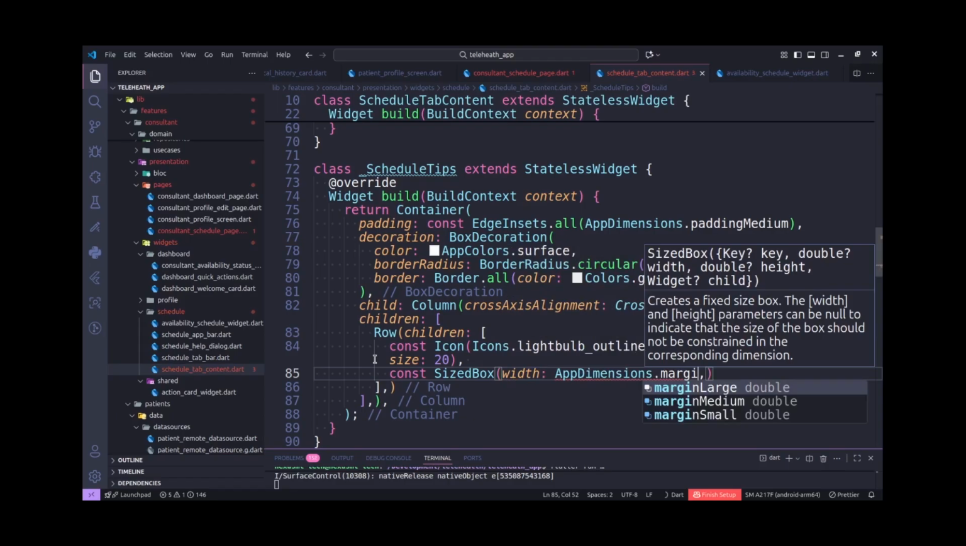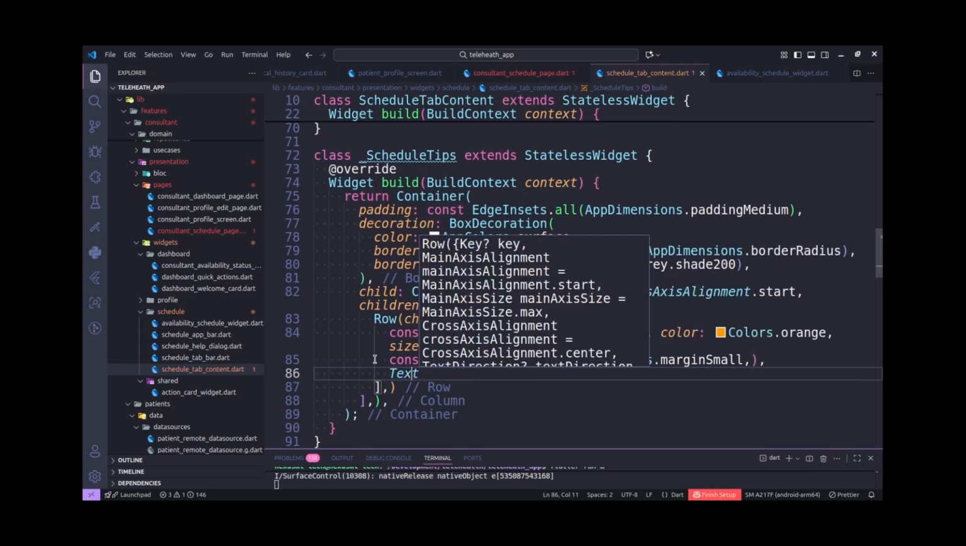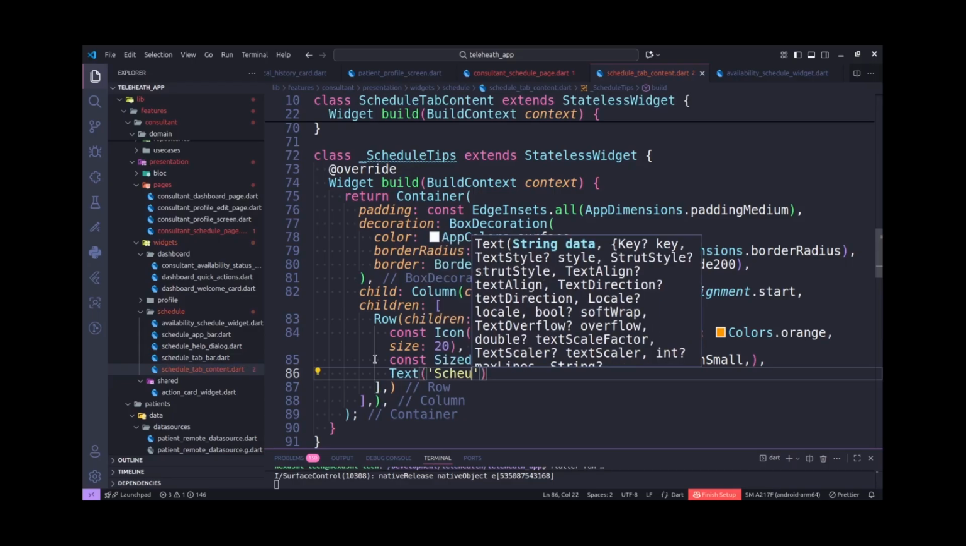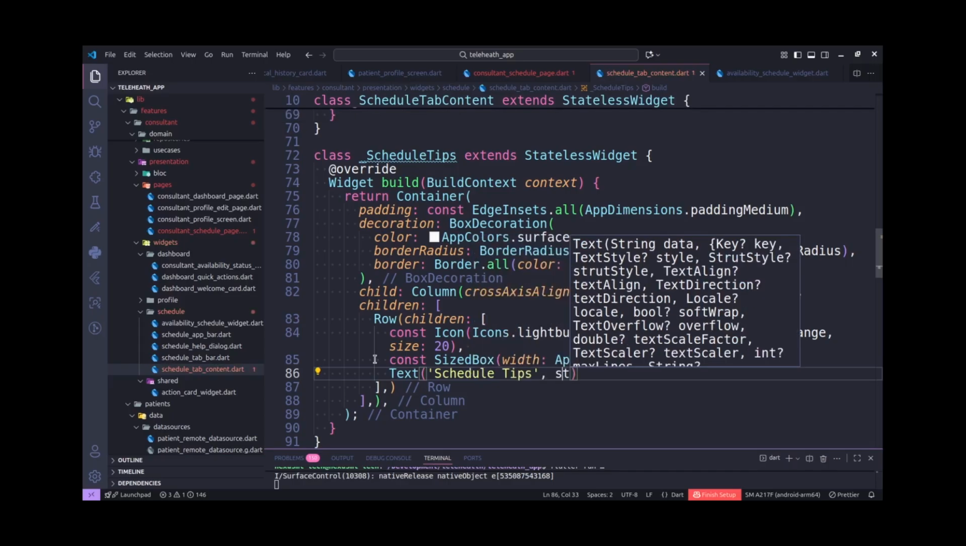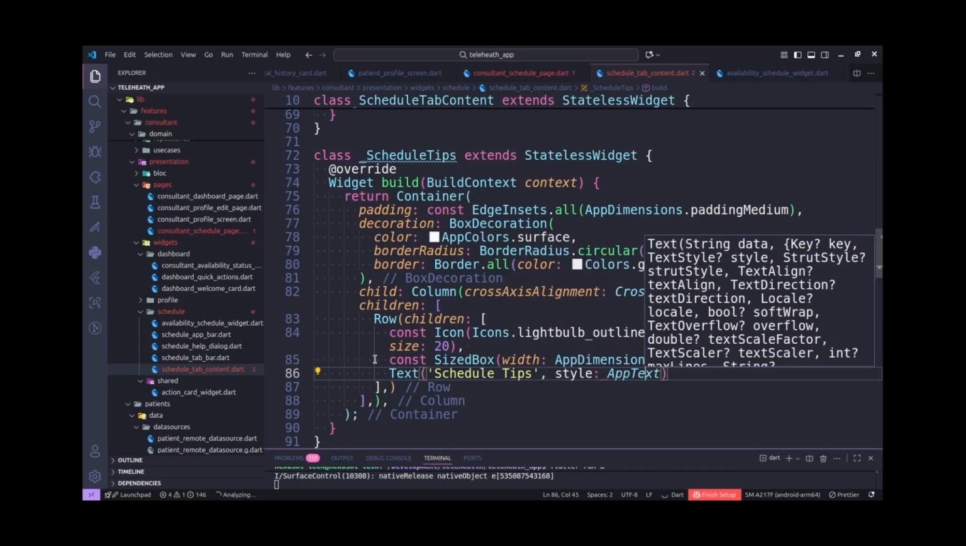Then from there, the next thing that we need to do, we now need to have the text for the title. So we're gonna say Text. So text here, Schedule Tips. Okay, so then we need to style it. So we're gonna say style. So style here, AppTextStyles dot bodyLarge, then dot copyWith,